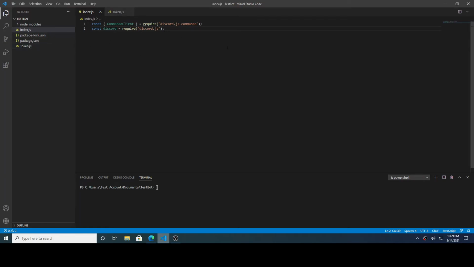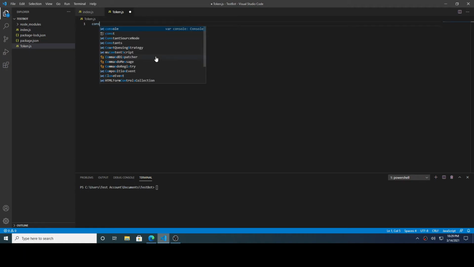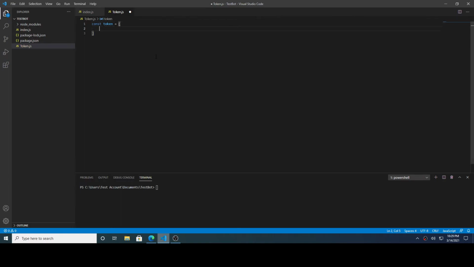So now that we've created the token.js, you're going to want to add a new line and call this const token. Actually, I'm just going to lowercase that, equals require, and then dot slash token.js. Next, we're going to go in here and do const token equals, and then square brackets, and then put key equals, and then when that's done,